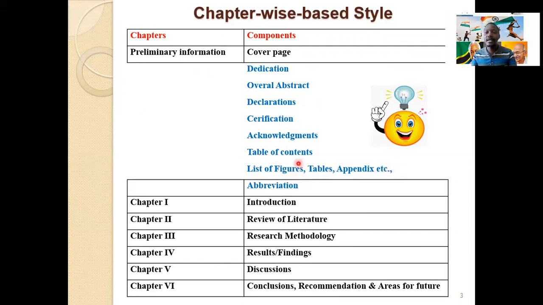That's why I put etc., depending on the modality and the nature of the format of the institution or the organization or the university to which you are attached. Then after, in the chapter-wise based style, here, the objectives are not treated as an individual chapter. And therefore, they will be treated as subsections within a particular chapter. I don't think if you are getting this. Anyway, you will understand because I will